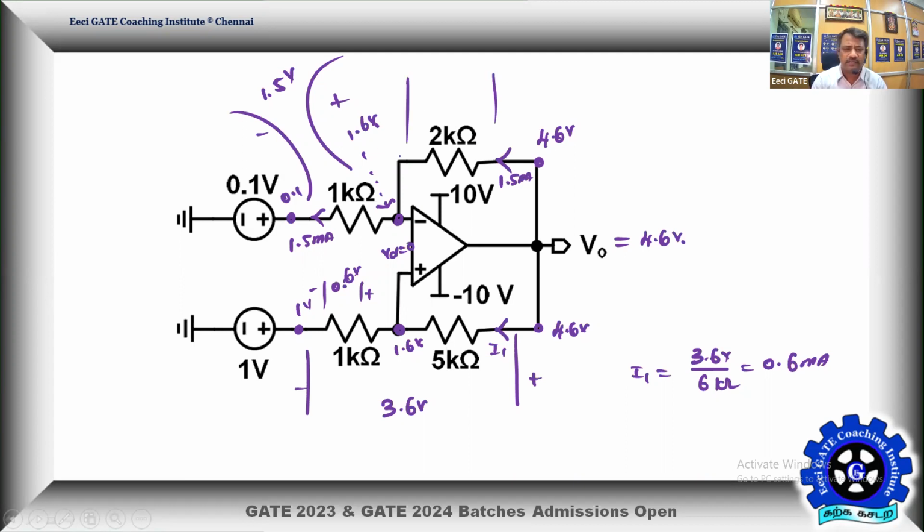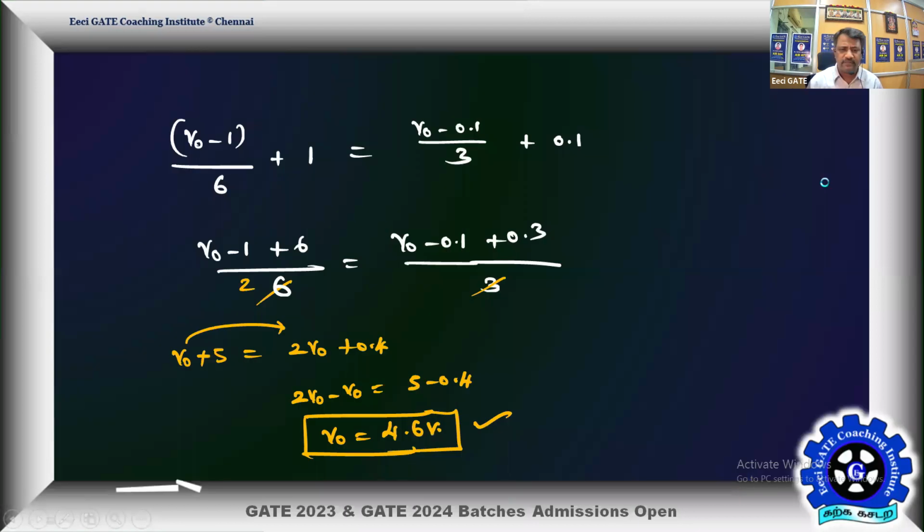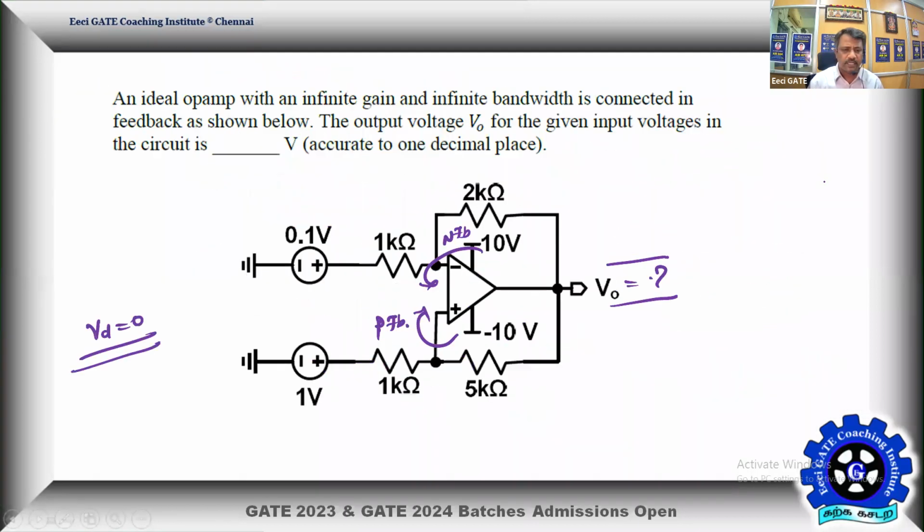So what's the voltage across this? 1.6. This is 4.6. So the difference is going to be how much? 3. So 3 across 2K will make the current 1.5. That's perfectly all right. So that is your current. Yes, it's verified. So the V0 we have determined is absolutely fine. So that's the answer. The answer is 4.6. Up to how many decimal places we need to give? Up to 1 decimal place. So the answer is